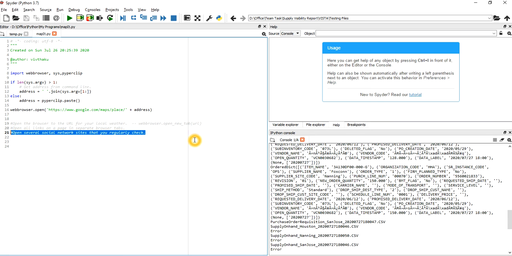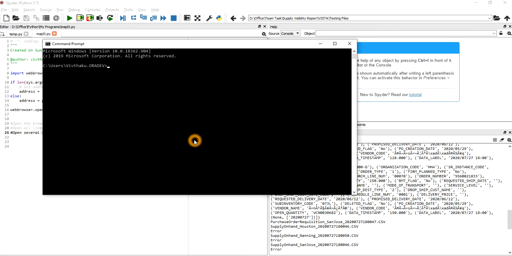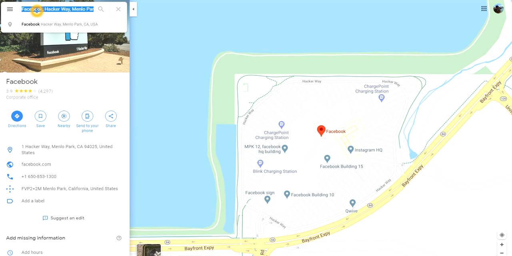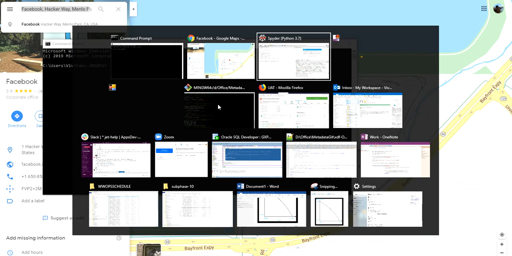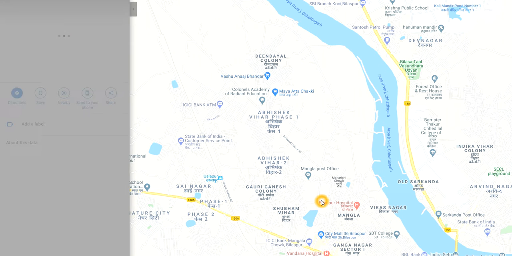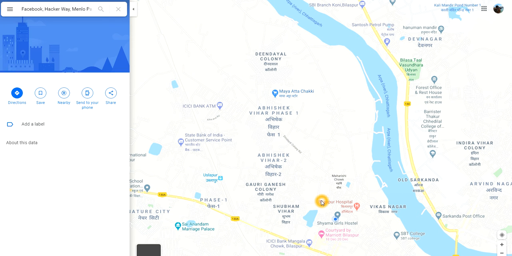So let's first run this code. We will be going through CMD, and then let me just directly run it. Let me see if I can run it directly here. So I am just copying it, and instead of going into a command prompt, let me run this program. What it will do, see, it is opening a new browser window, and it will directly go to this particular part, and I hope it should search also.